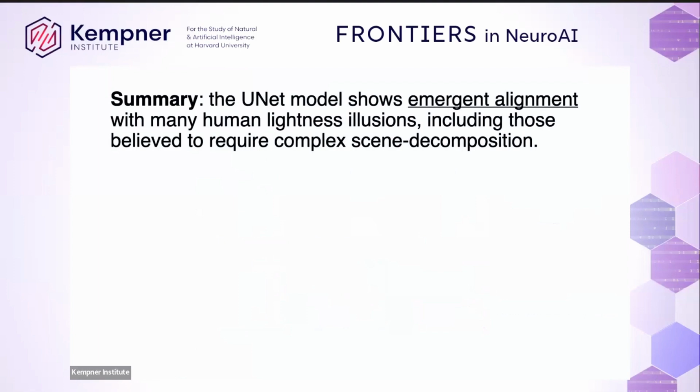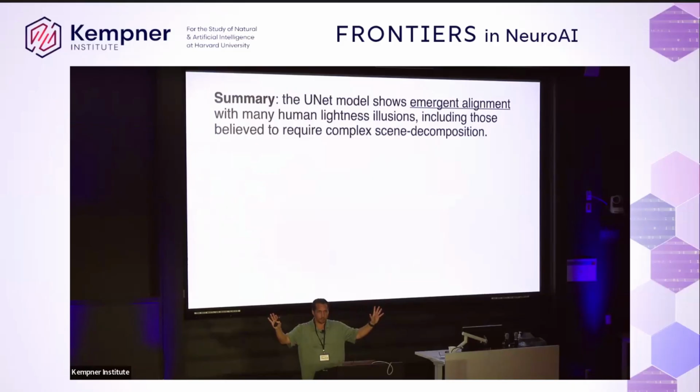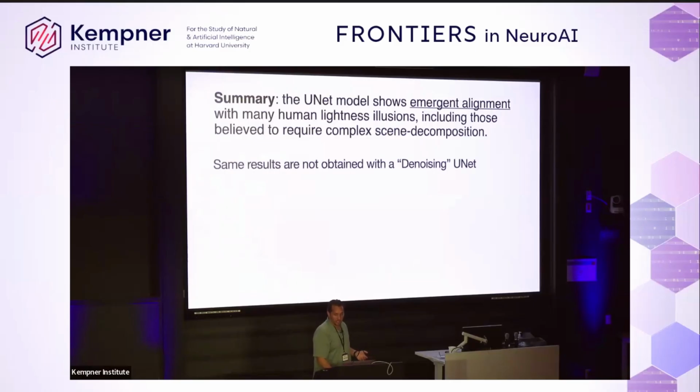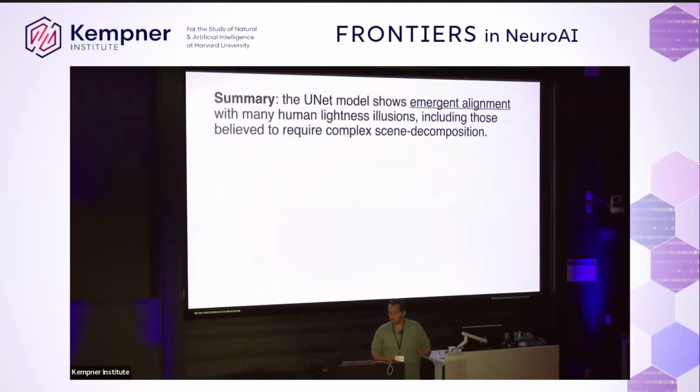Point is, though, we have this model which was trained to do something we know the human visual system has to do, go from edge responses to a completed surface representation. We didn't train the model necessarily to do it in any biologically feasible way. I mean, we used a pixel loss to make the model capable of doing it. But this model nevertheless shows a lot of the same effects or errors that recapitulate the illusions that we see